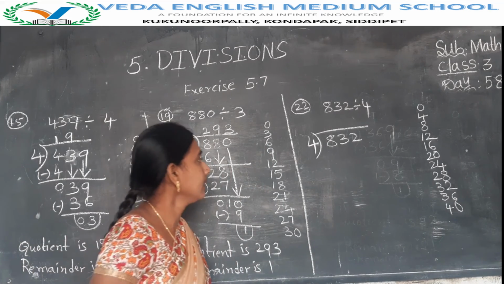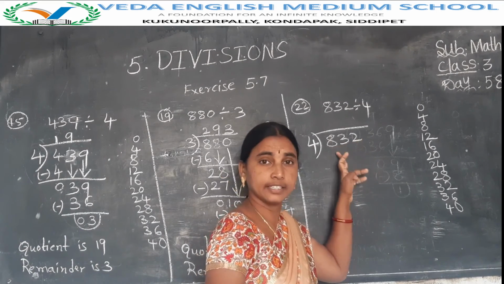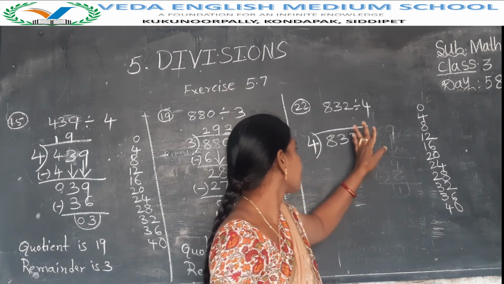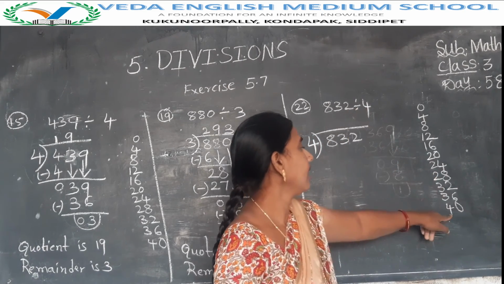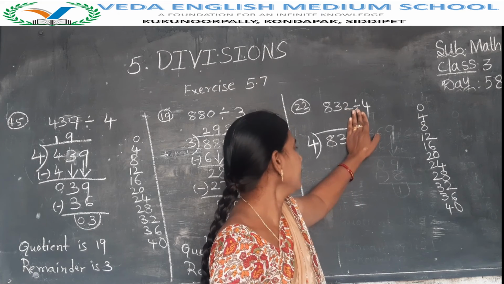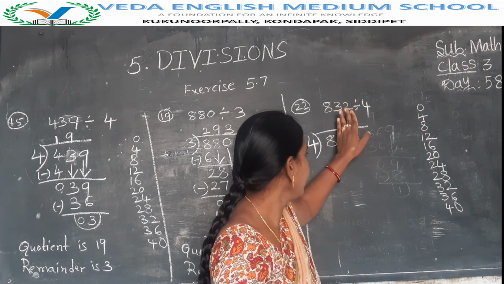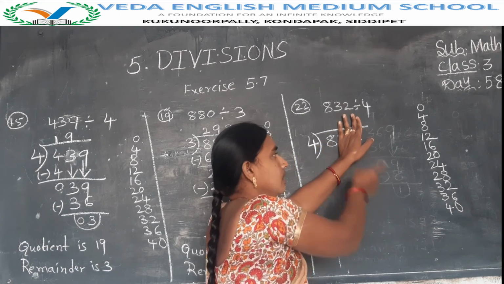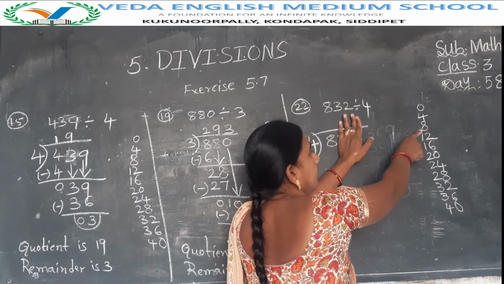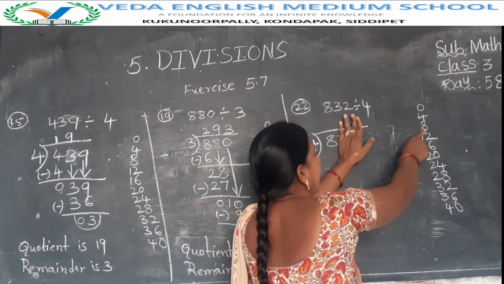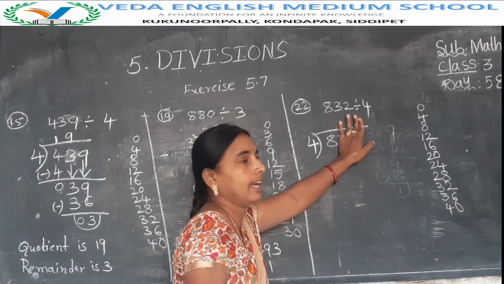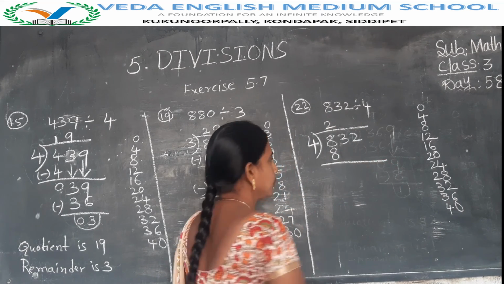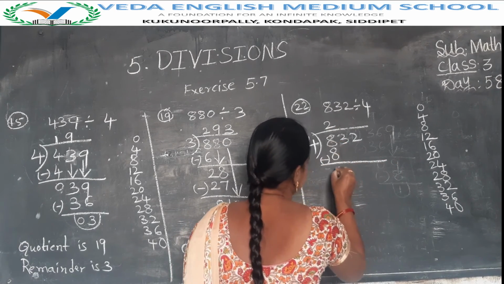Okay, so in this problem the dividend is a 3 digit number, but in this table only 2 digit numbers came. So now take 2 digits, but here 83 and 40. 83 is more than 40, not possible. So now here also take only 1 digit, that is the first digit. What is the first digit here? 8. So find 8 in this table here. How many times 4 is 8? 1, 2. 2 times 4 is 8. So 4 twos are 8. Okay, now do the subtraction here. 8 minus 8 is 0.